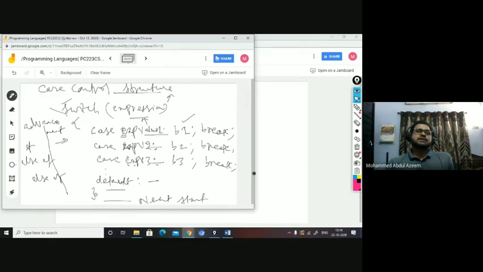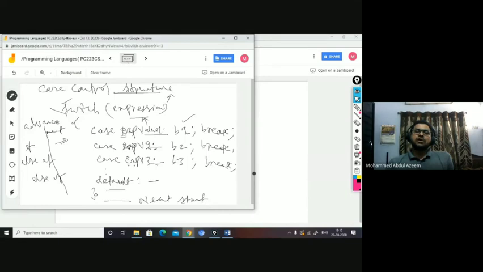Case control structure: switch case. What is the syntax of switch case? You can see the operating semantics of switch case. Switch is followed by an expression. This expression must be evaluated before the switch. The evaluated expression value will be checked across the cases. You will have expression values available against every case. So this evaluated expression value will be compared against each case. Whichever expression value gets matched, the respective block will be executed. If you don't want the remaining blocks to be executed after executing the respective block, you use the break statement. Switch case is generally implemented with the help of the break statement, right?